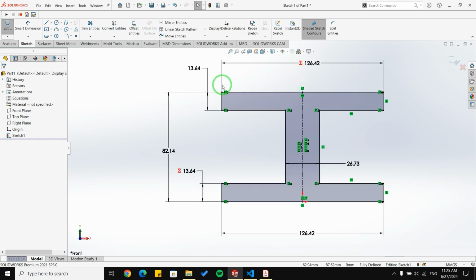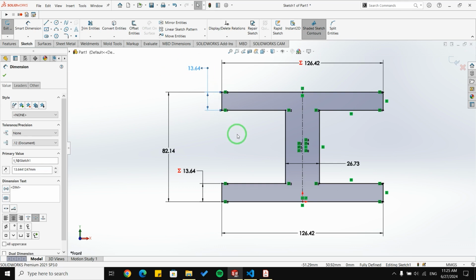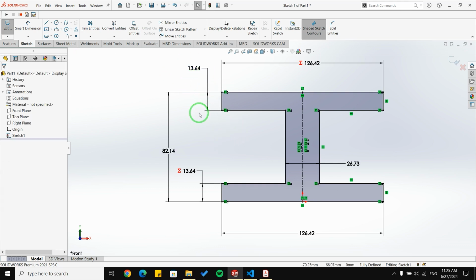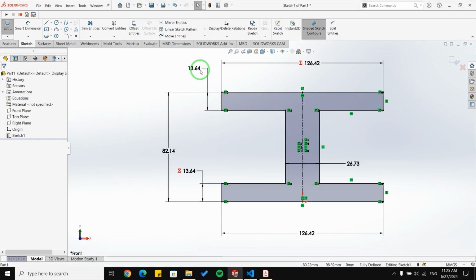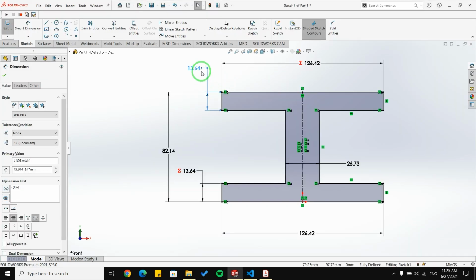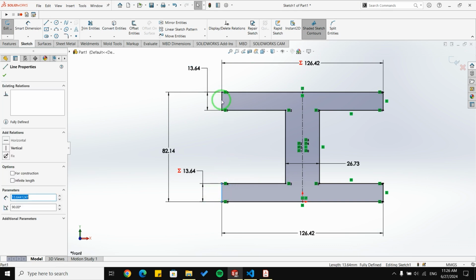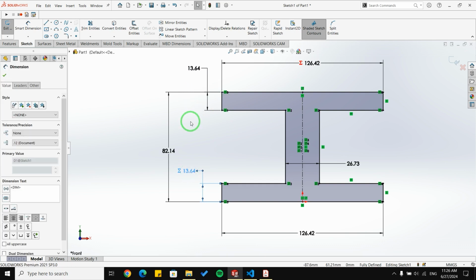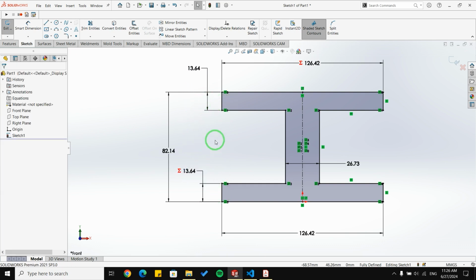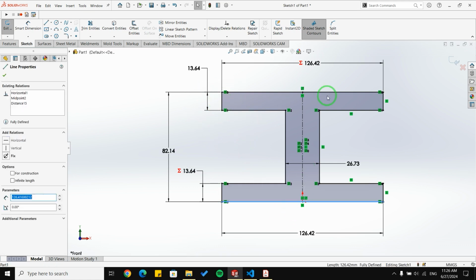Okay, as you saw, I tried to set a dimension for each of the parameters. As we said, we have 4 parameters and named them as in this table. For example, for this line, we have TF, so I name it TF because it gets much easier to edit it. And we know this line should be equal to this line. So with equations, I make them equal, so I don't need to edit this line and this line twice. I just need to edit this line, for example. I did the same for this line and this line.